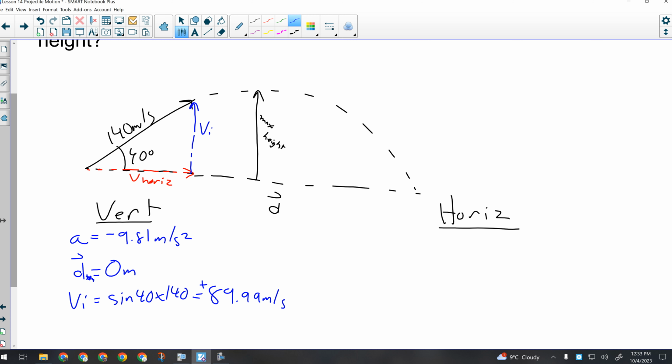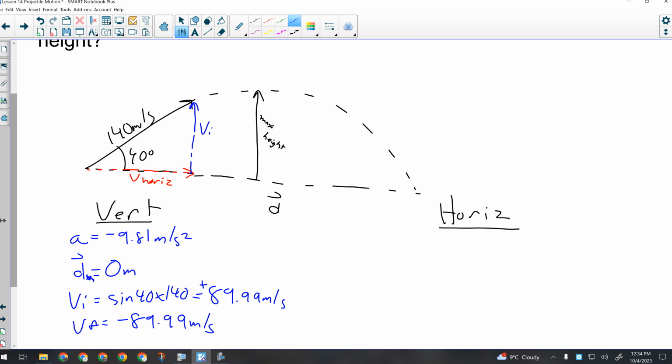And if it's coming down to the same height, it has to be going the same speed it left at, because everything else is also the same. Okay? If it starts at 89.9, it's going to reach a maximum height, and at that point be at a velocity of 0, and then it's going to fall from 0 back down exactly the same distance. It has to get back to the same speed it started from. Okay? So I know that VF is